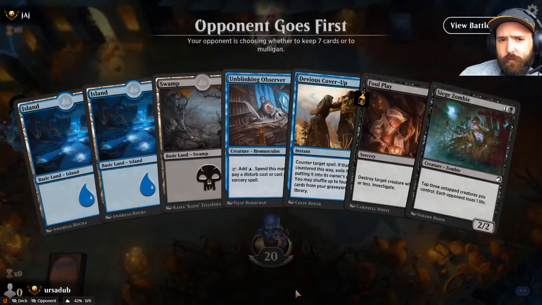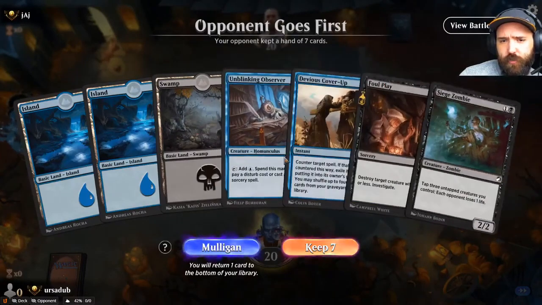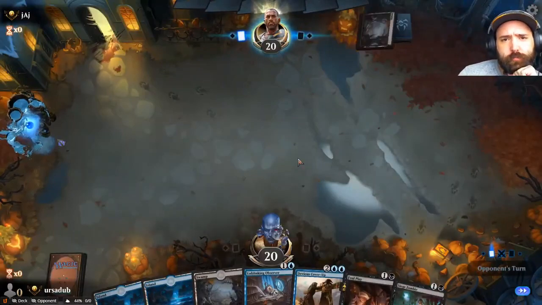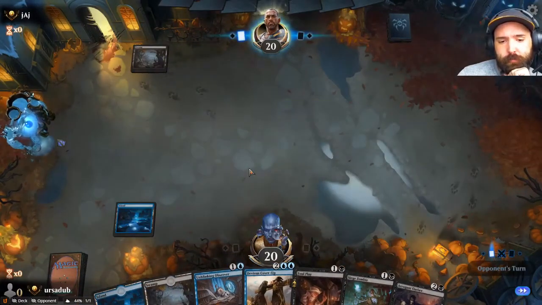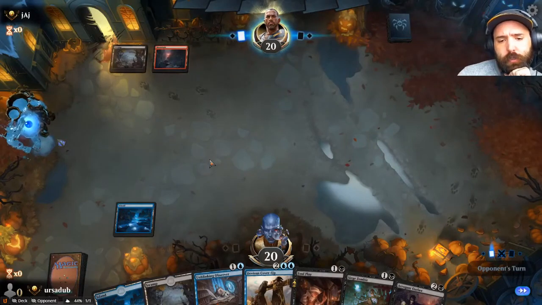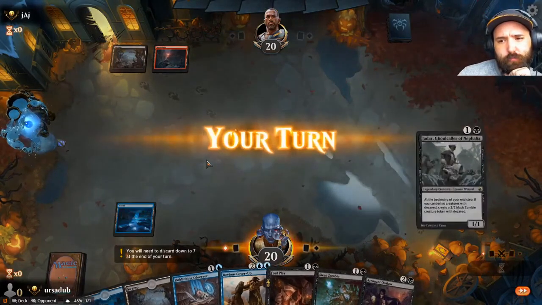Yeah, this is definitely acceptable. 3 lands, both colors, early removal, and 2 2-drop creatures. Into a 3-drop? Even better. Question is, which 2-drop do I lead with? Unblinking Observer theoretically lets me cast Devious Cover-Up, but...